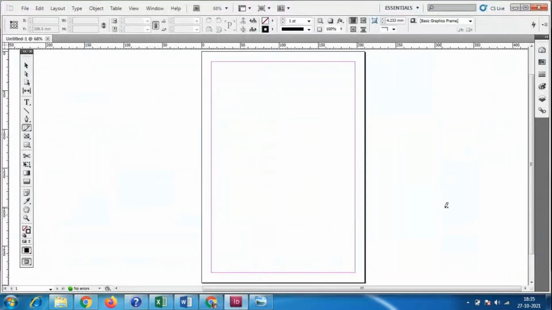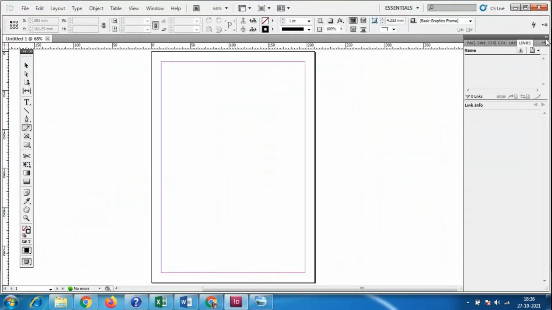Okay, we'll come to this InDesign software. So we have this pencil tool. Next we have the rectangular frame tool, which only gives the rectangle box. Then the rectangle tool, a scissor tool, and we have this free transform tool. So while you are downloading the software, please check that all these tools are available in your software.